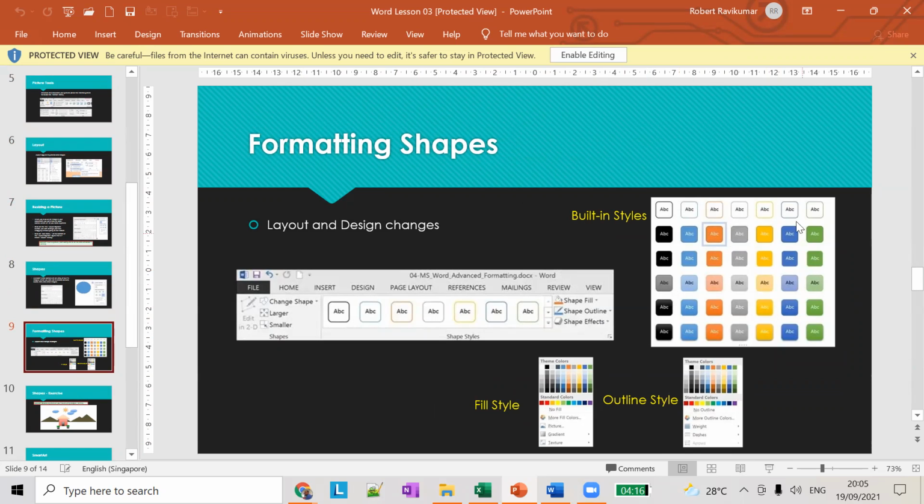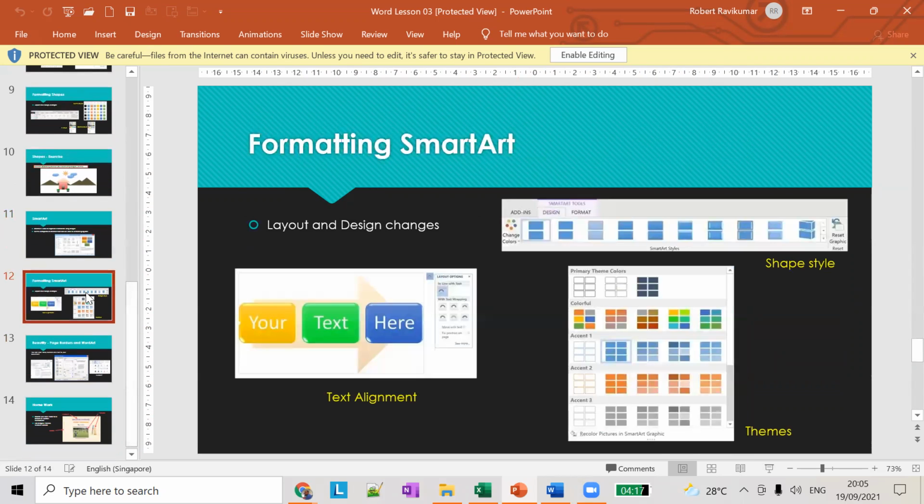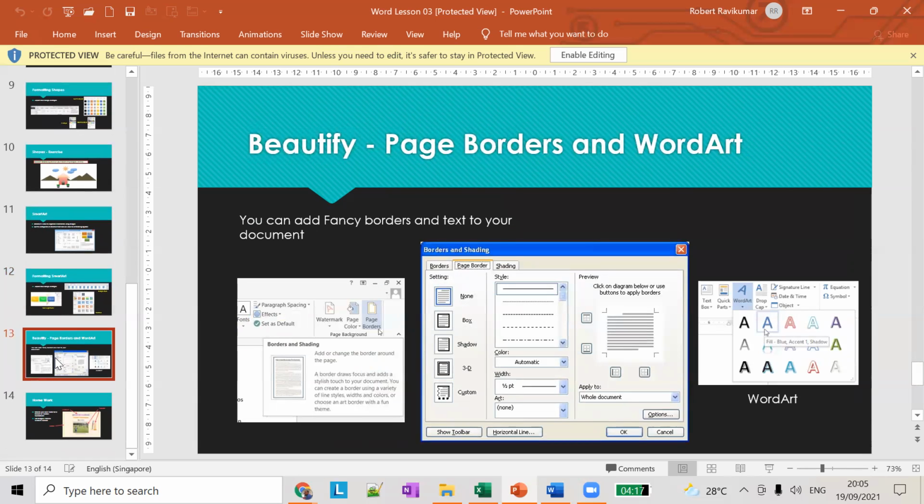So we saw what is a style, what is a predefined style, what is a fill, what is an outline, all these things we saw. Then we learned about SmartArt, borders, and word art. Any doubts up to this?